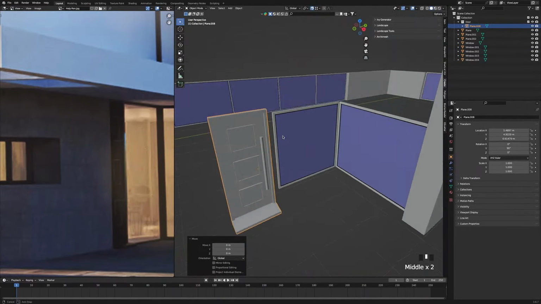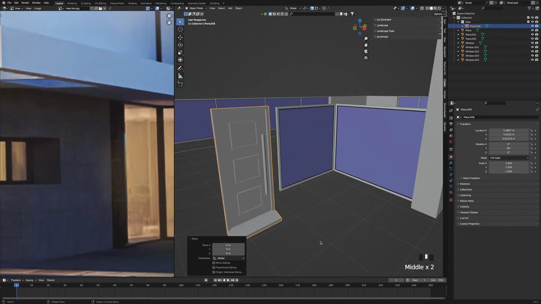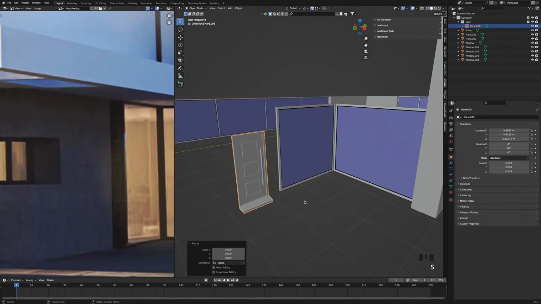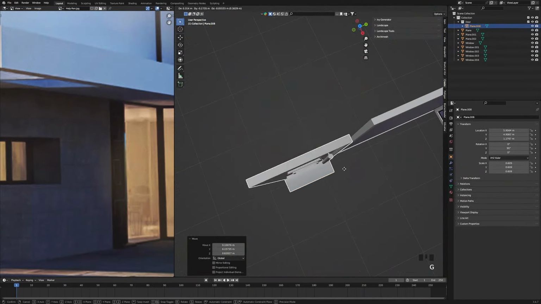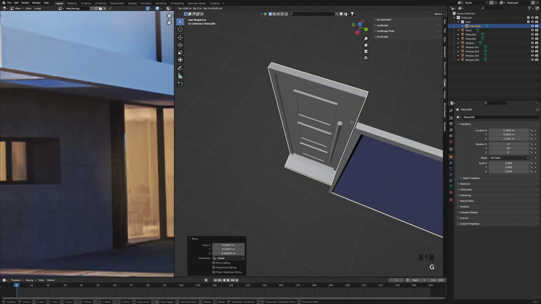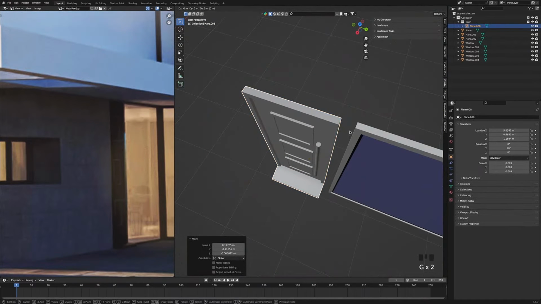My one is coming out the wrong size, which I can reshape now, but yours will come in the right size. So I'm just going to reshape mine until I get it to a size I like. Yours will be right, but I'm just going to have to fiddle around with mine.